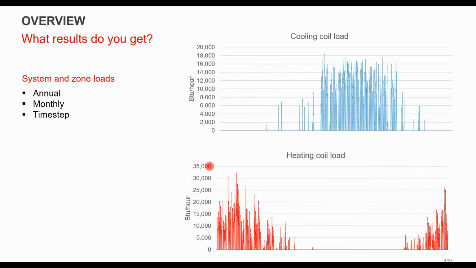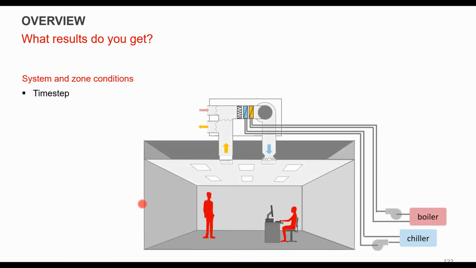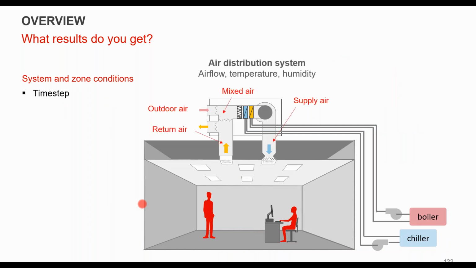And what might that look like? You might be tracking the cooling coil load over the course of a season and the heating coil load over the course of a season, or the course of a year. Again, just different ways of presenting data. And then if you go all the way down into individual hourly or sub-hourly data, right, you can start looking at